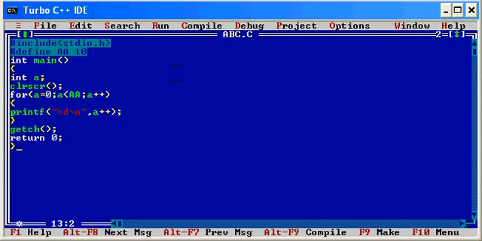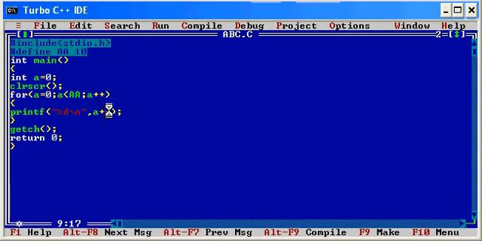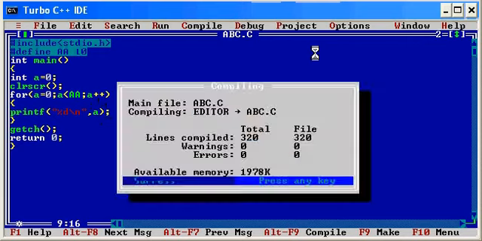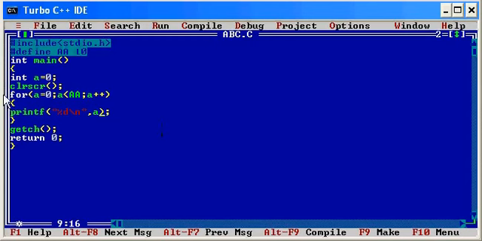I'm getting some error. By mistake I had written a plus plus over here, so because of that I was getting the output in that way. I'll compile it and run it again, so you can see the output. The basic thing I wanted to show in this macro expansion is the use of a constant. This constant will never change throughout the program. The value of this capital AA remains always the same.